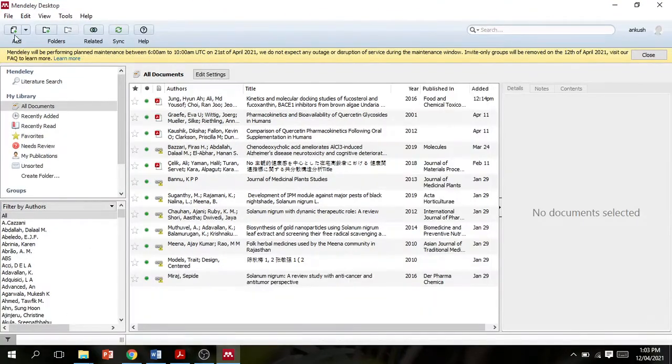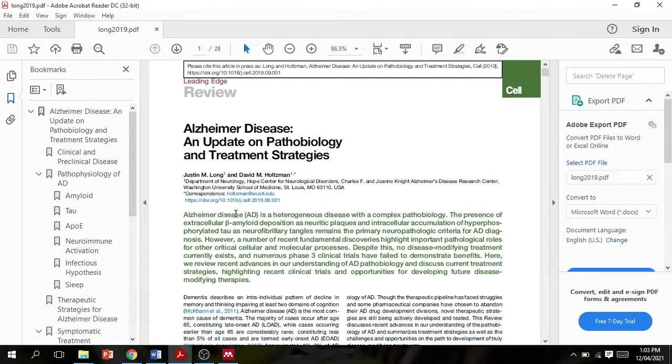Then select Add. This is to add a research paper. Firstly, open Mendeley Desktop, and after opening, add the research paper.